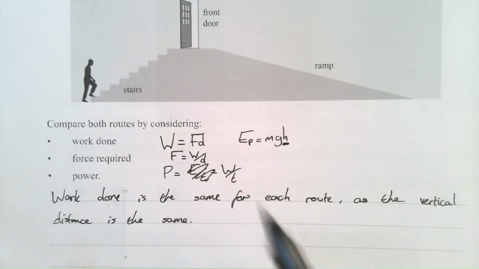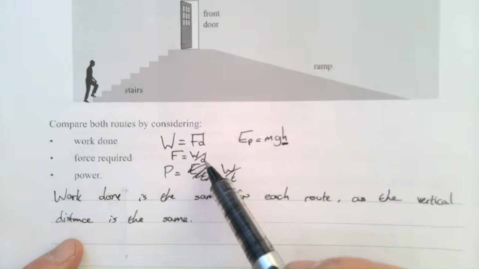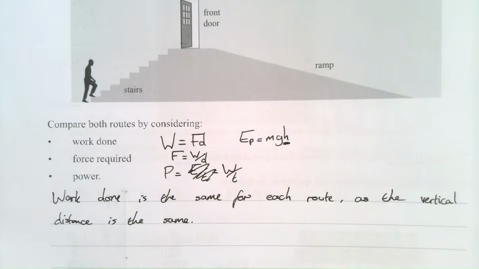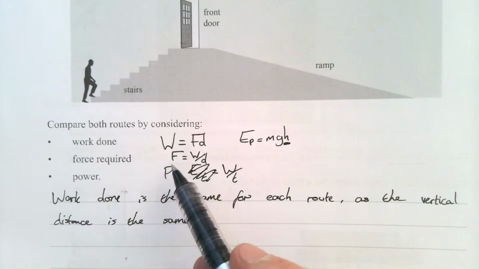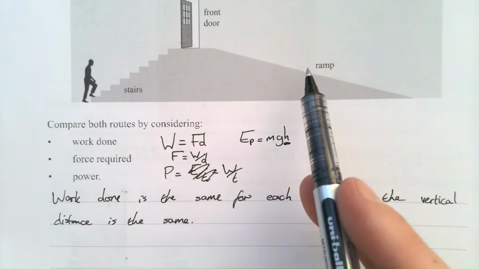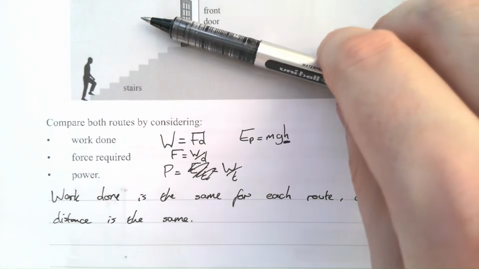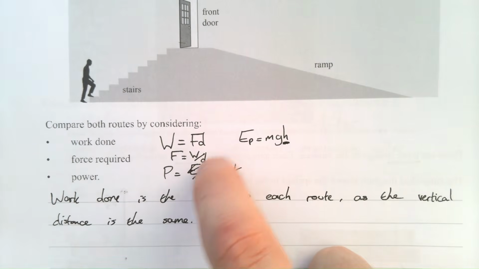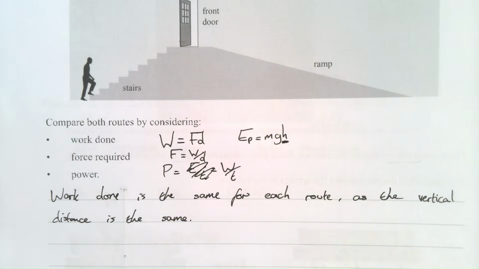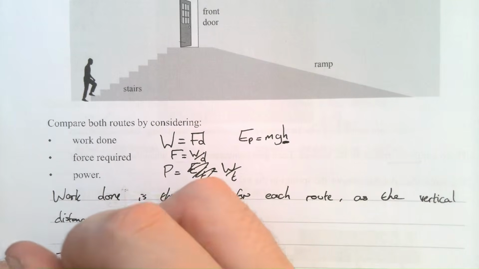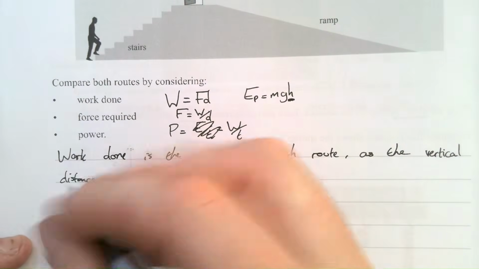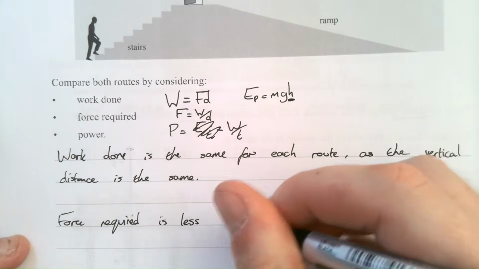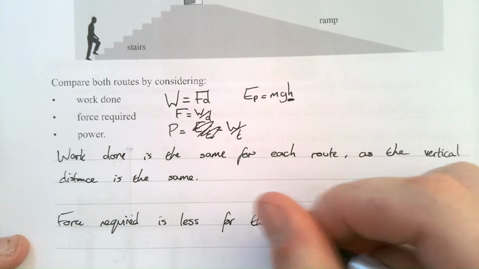Because the work done is the same and it's the distance that's changing, now this time we can consider the horizontal distance as well. The force will be smaller for the ramp because its distance is much larger. If the denominator gets bigger, then the size of this fraction gets smaller, therefore the force gets smaller. So the force required, nice and straightforward sentences here, force required is less for the ramp